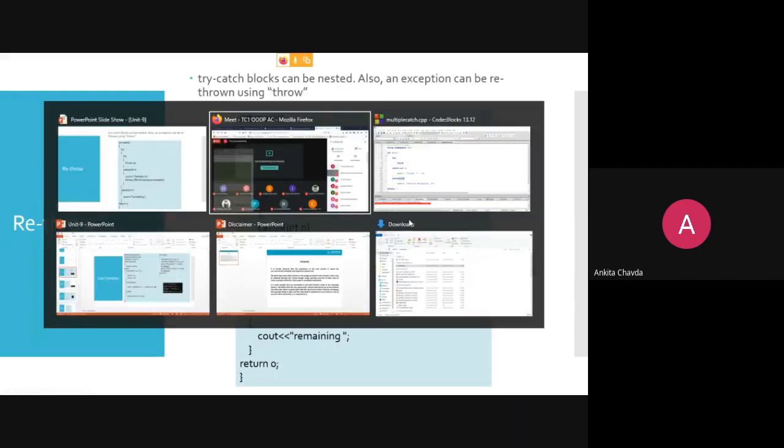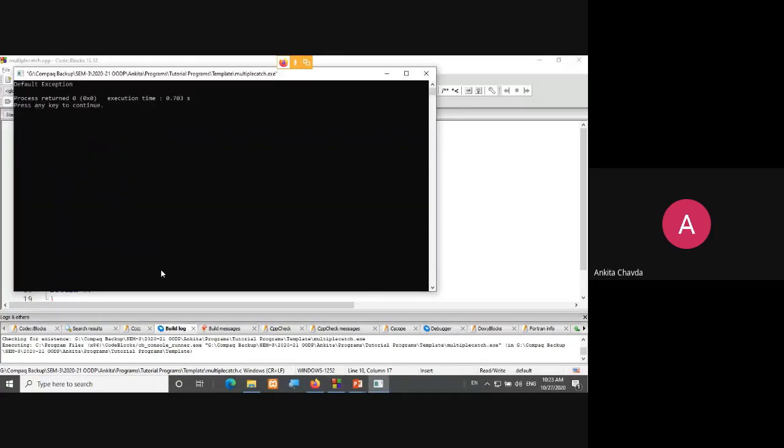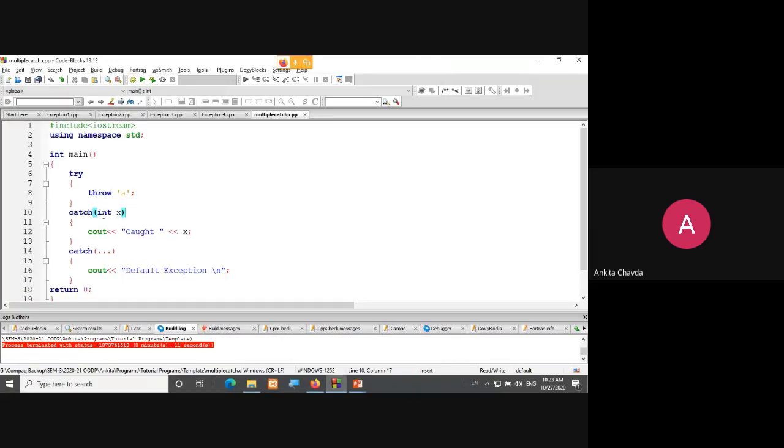You can see in the example, when I run this, it will directly go to this default exception, because it will be caught by the catch all. Why? Because the first one is not matched. This is not an integer, this is a character type, but you haven't specified a catch for the character. Now if you simply throw a double kind of variable exception,